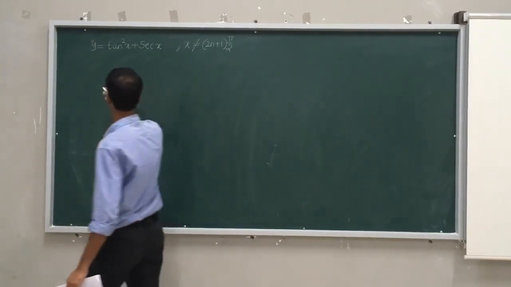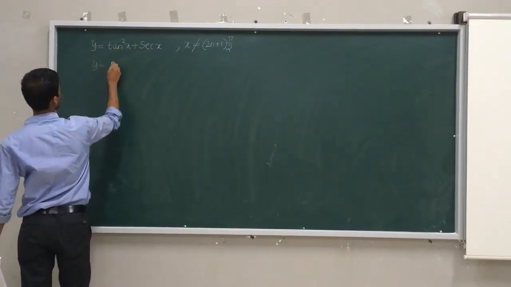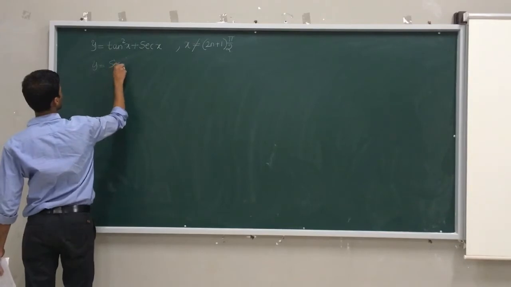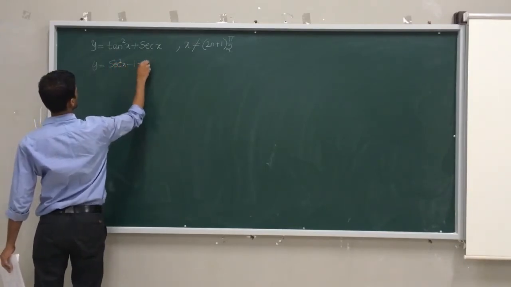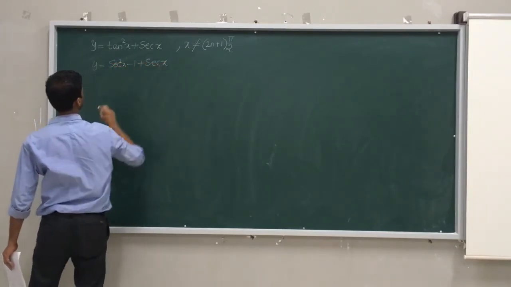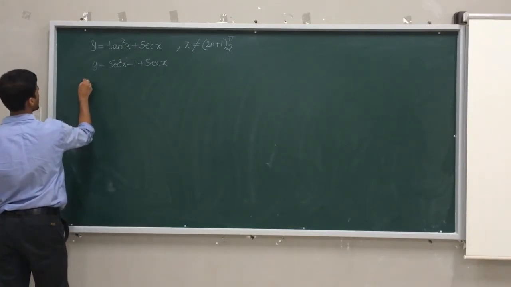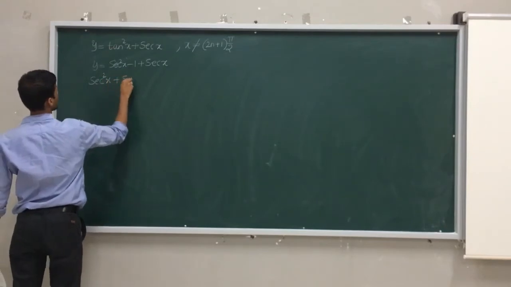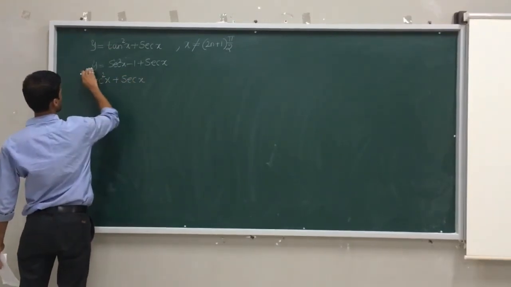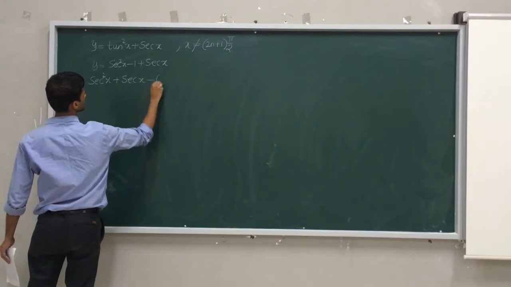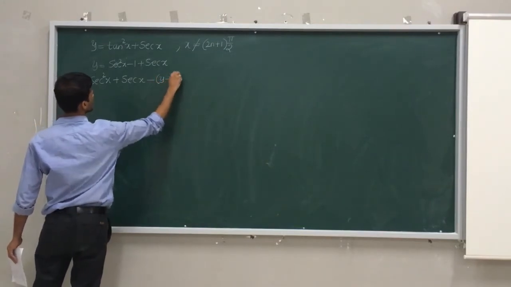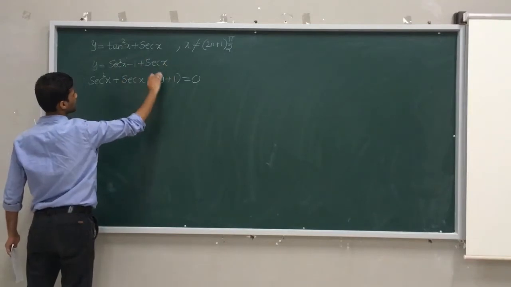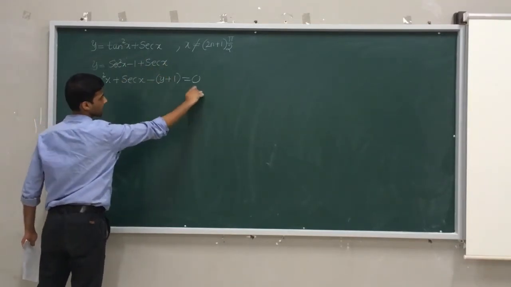So what we will do here is write this thing here. We all know that 1 plus tan square theta is sec square theta. Therefore, tan square x can be written as sec square x minus 1. In the next step, I'll write this as sec square x plus sec x minus 1 equals y. Then I will bring that y to this side, so this becomes minus y plus 1 equals 0, because bringing it over gives minus 1 minus y. So it becomes a quadratic equation.